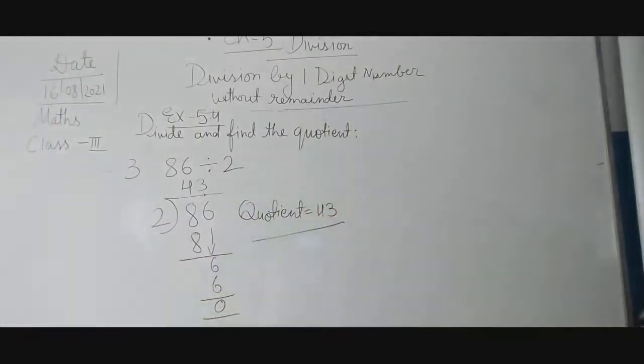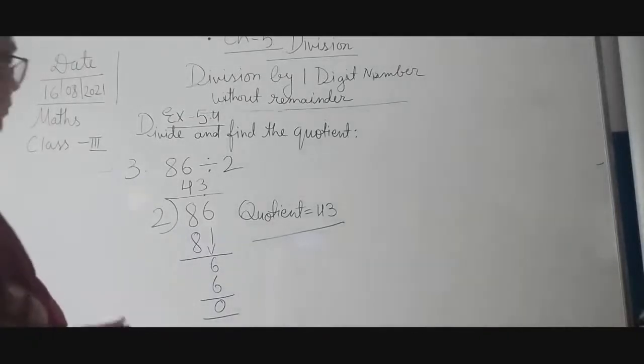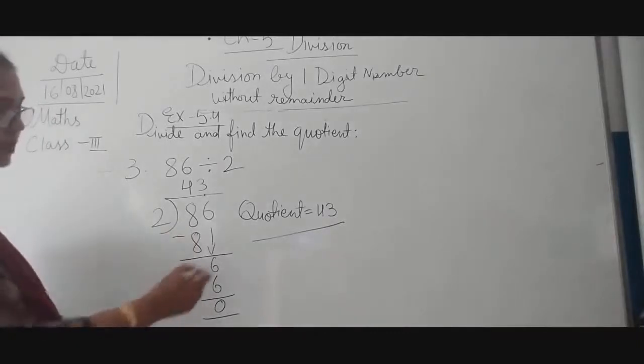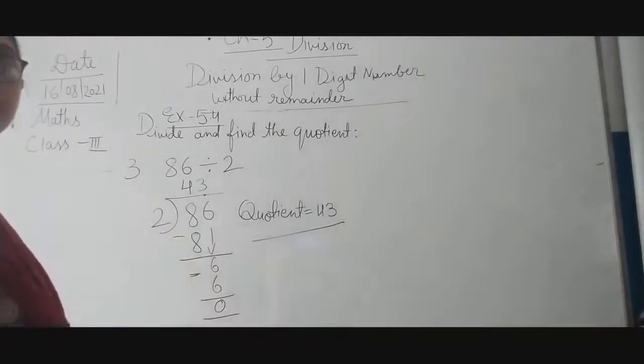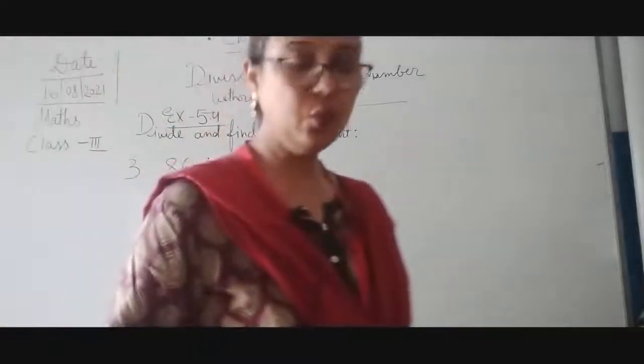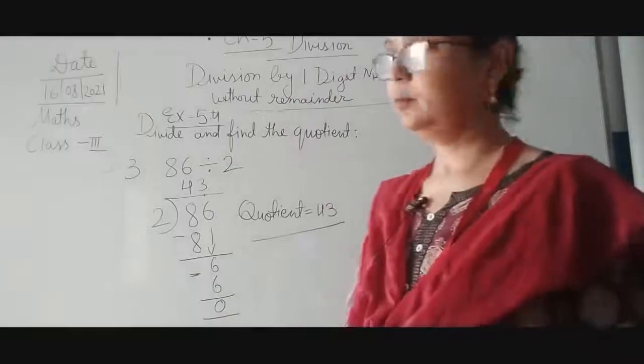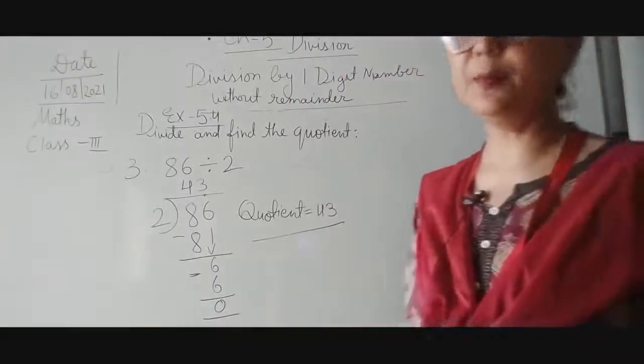Okay. So children, complete it. Take a screenshot. It is as simple as we were doing in our previous number also. So this is 43. Okay, children. 43. Be sure to put the minus sign because we have to subtract this. Now after that we will do the next number, that is number 4. Number 3 we have completed.